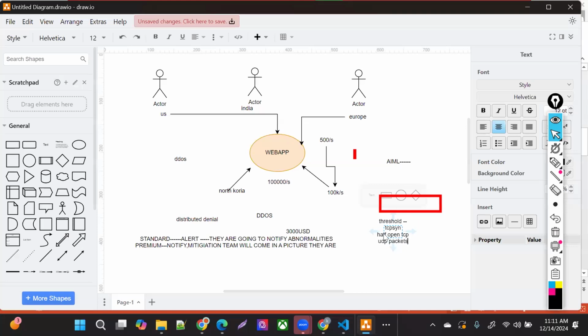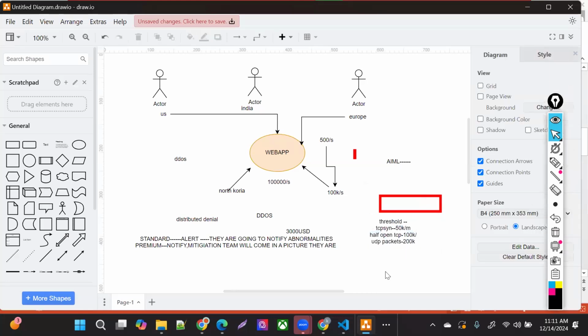So they have different parameters on that. As far as I know, for TCP they have 50K, right? 50K requests per minute. And then half open TCP is, I think, 100K. These are the thresholds, right? And then UDP is very large, which is 200K.